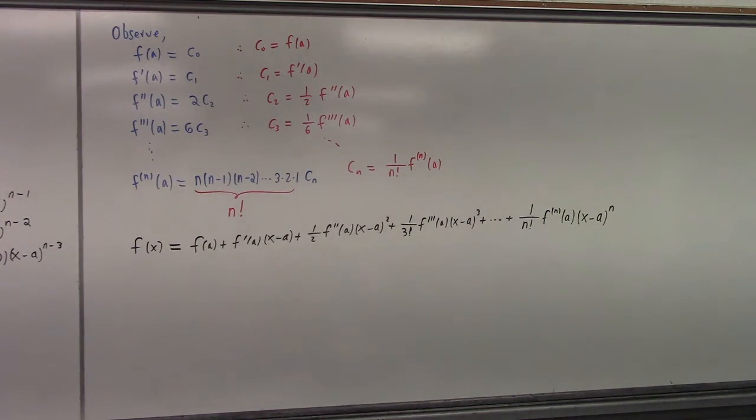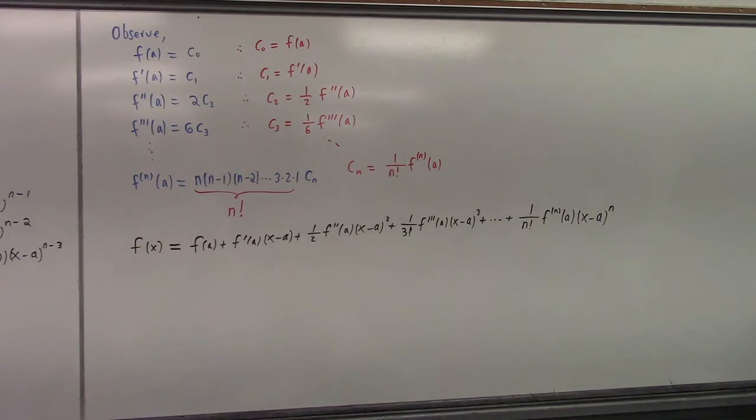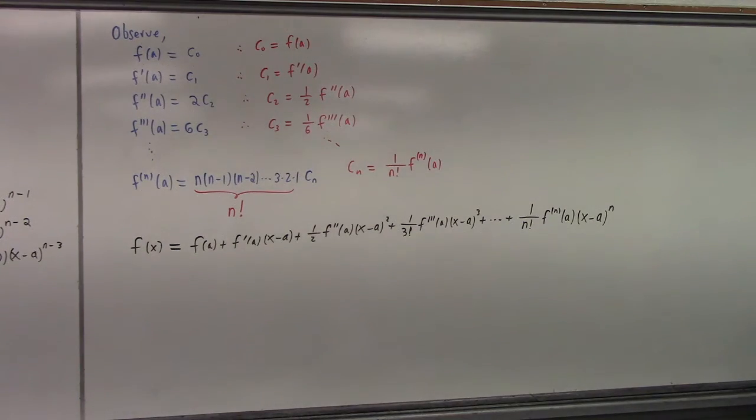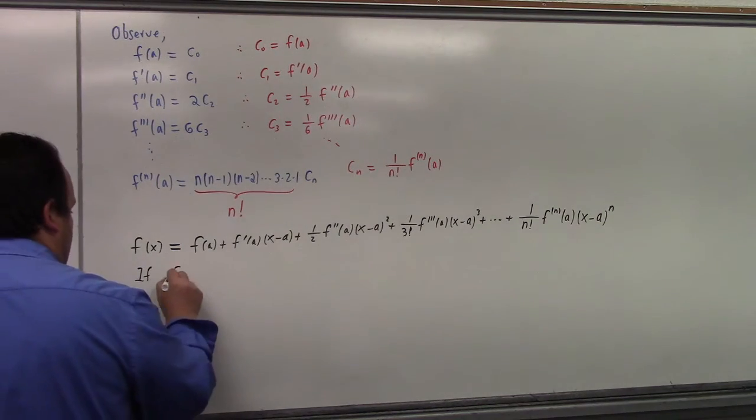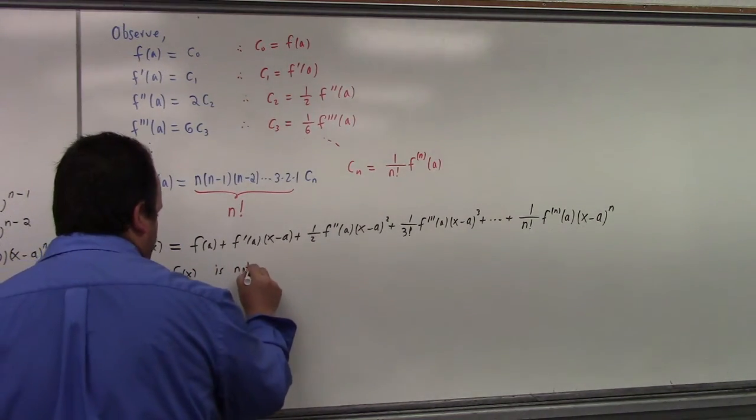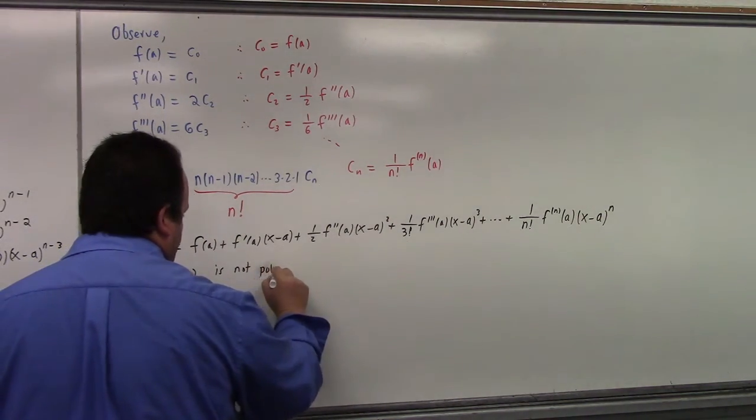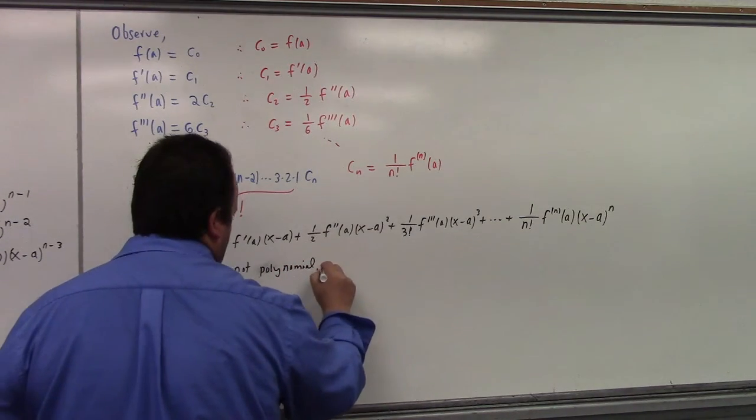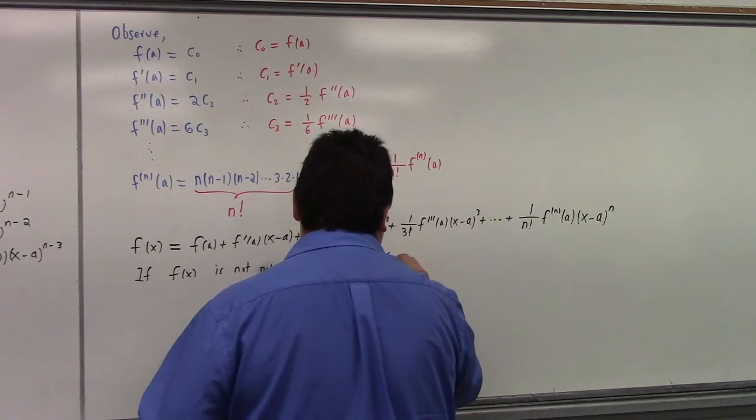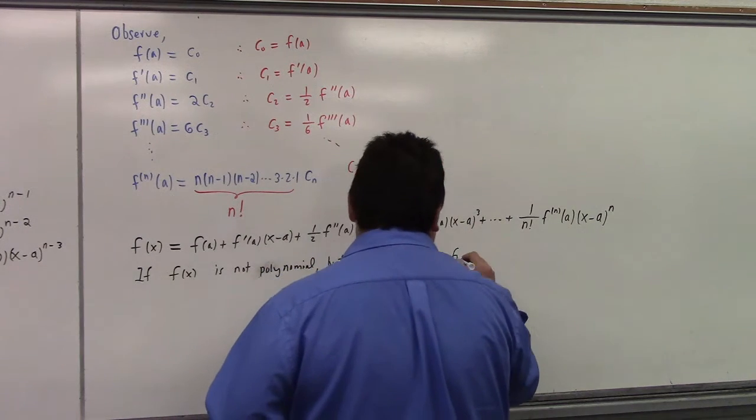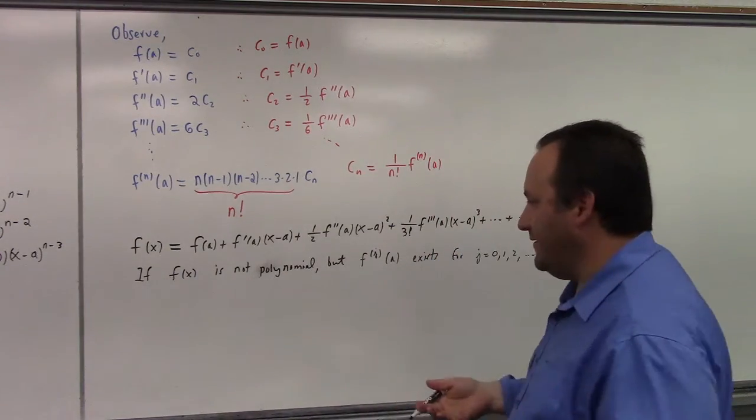Now, this is actually a straight equality if we've assumed that f of x is a polynomial, right? That's literally an equality if f of x is a polynomial. But more generally speaking, if f of x is not a polynomial, but the jth derivative at a exists for j equals 0, 1, 2, and so forth, as much as you want, then